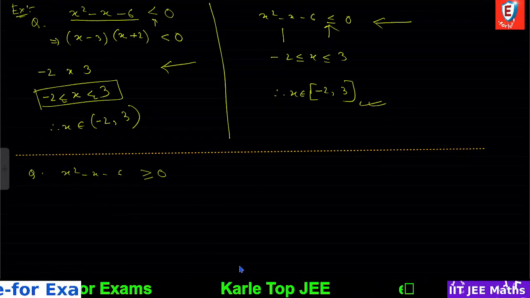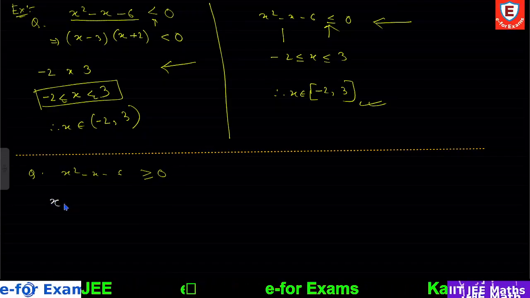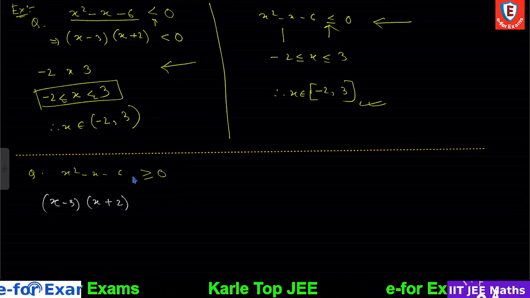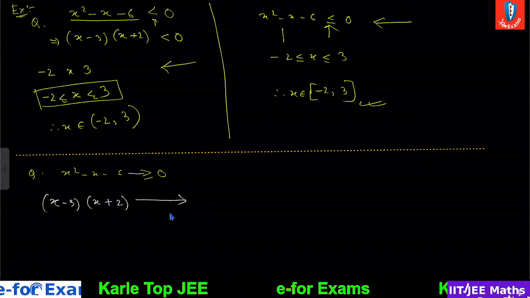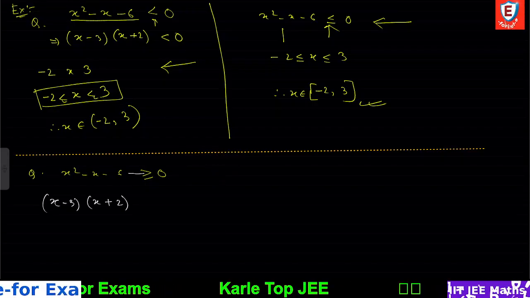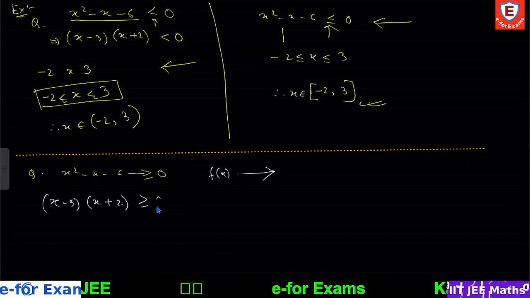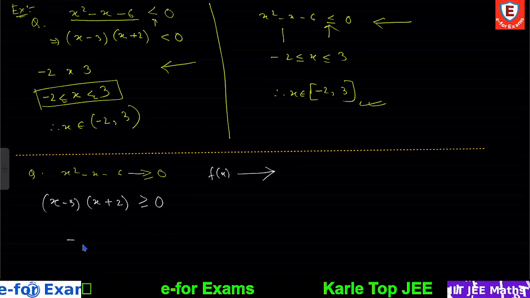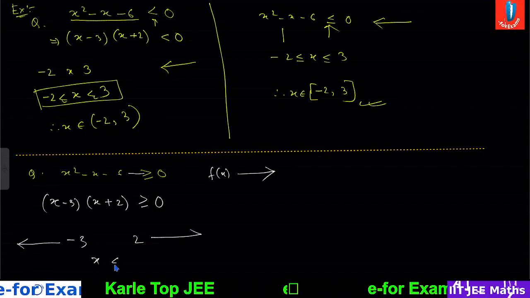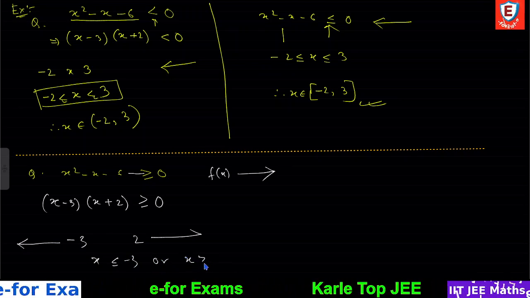Now here check this one. Can we break this into, yes, (x minus 3)(x plus 2). See, the arrow is away from the function. This is the function and arrow is away. So, minus 3 and 2. Away means x will be towards the right and towards the left. That means x is less than or equal to minus 3, or x is greater than or equal to